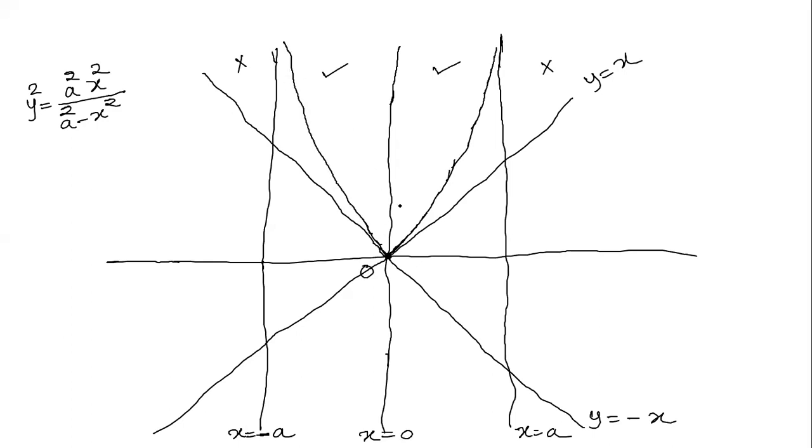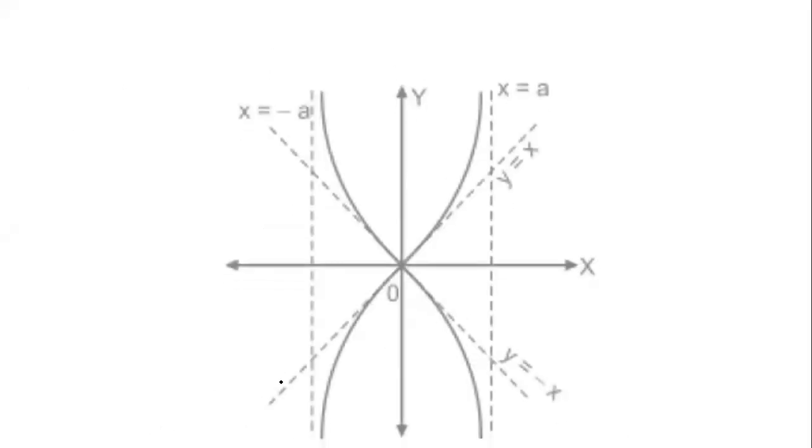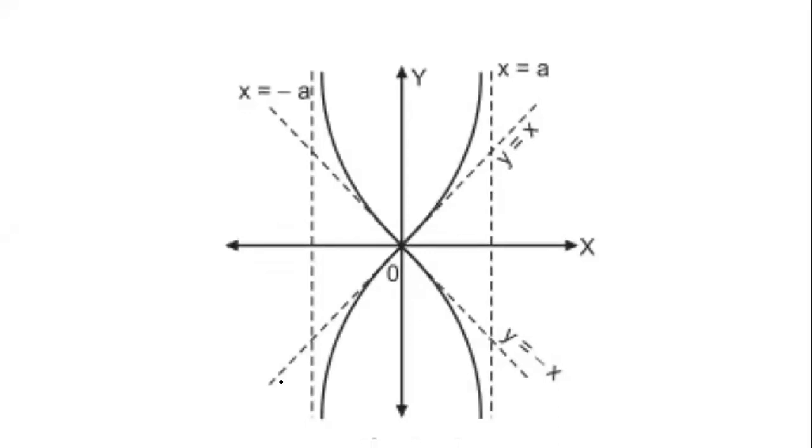Okay. And what is going to happen here? Already we know that y equal to x is tangent at origin, y equal to minus x is tangent at origin, and the curve is symmetric about the x-axis also. The same pattern is going to be repeated below the x-axis. So it will be something like this, going here, like this, and this also. This is going to be the nature. Okay. So this is going to be the curve.